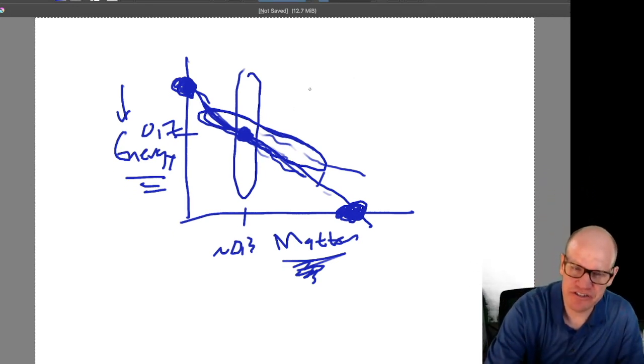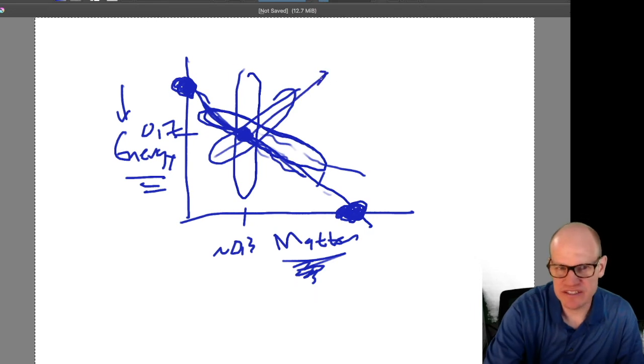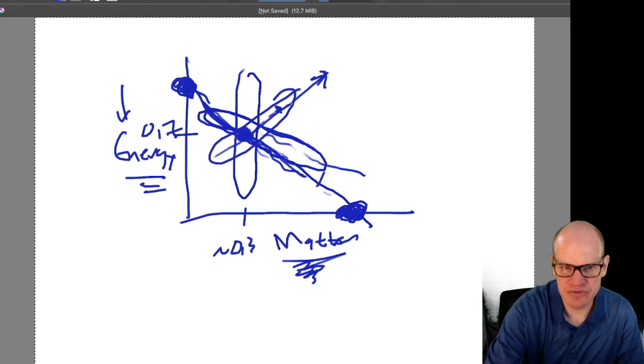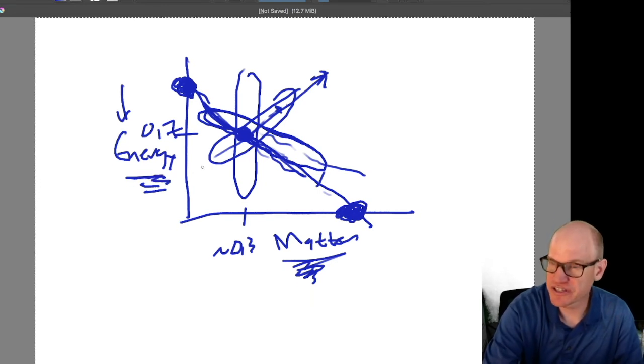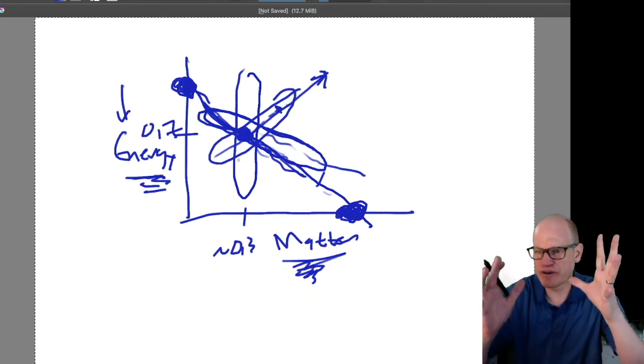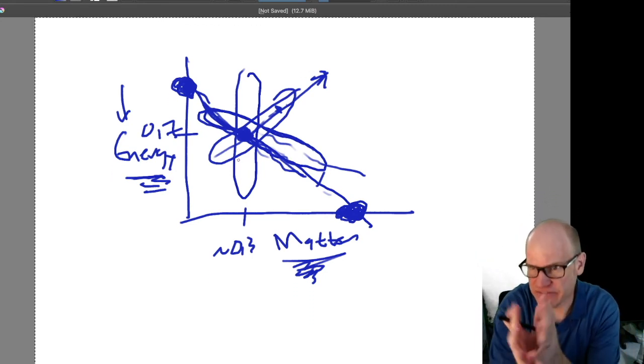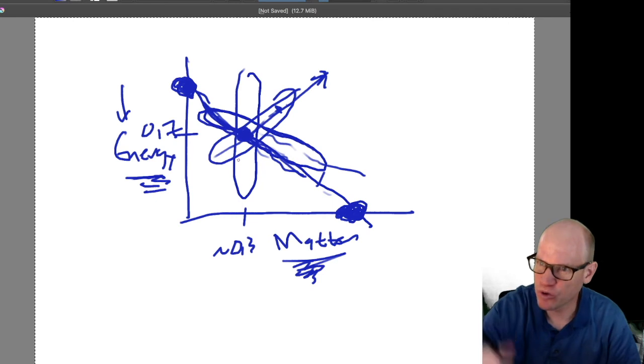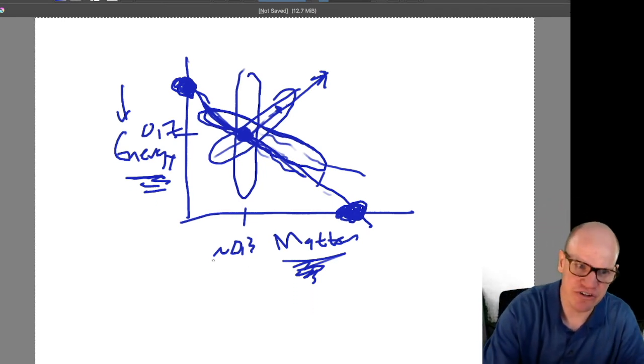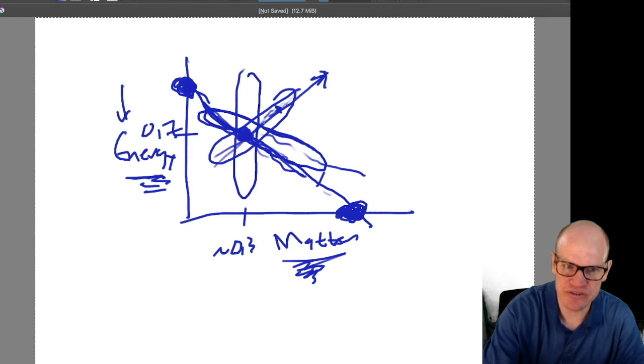The discovery of dark energy is one where the result comes in like this. Okay, it's almost got a slope of 1. What that says is that if you have more matter in the universe, then you also have to have more dark energy in order to reproduce the results. If you have more matter, the universe would try to recollapse. The fact that the universe is not recollapsing and in fact is expanding implies that you have to have more stuff pushing things apart, and that's what dark energy does. So as you increase the matter, you have to increase the dark energy, and so that's why they're correlated with each other.